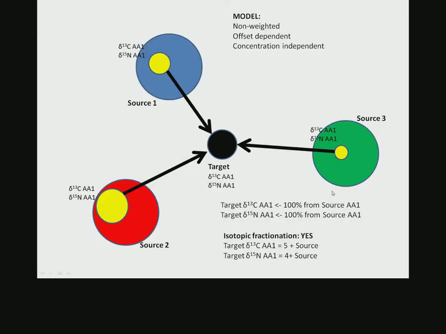now here, as I mentioned, the question was what was the contribution of amino acids from each source. But we could ask what was the contribution of the source as a whole towards the target. And for that, we have to input the concentration of the different amino acids in each source. So it becomes a concentration dependent model. Going back to FRUITS,